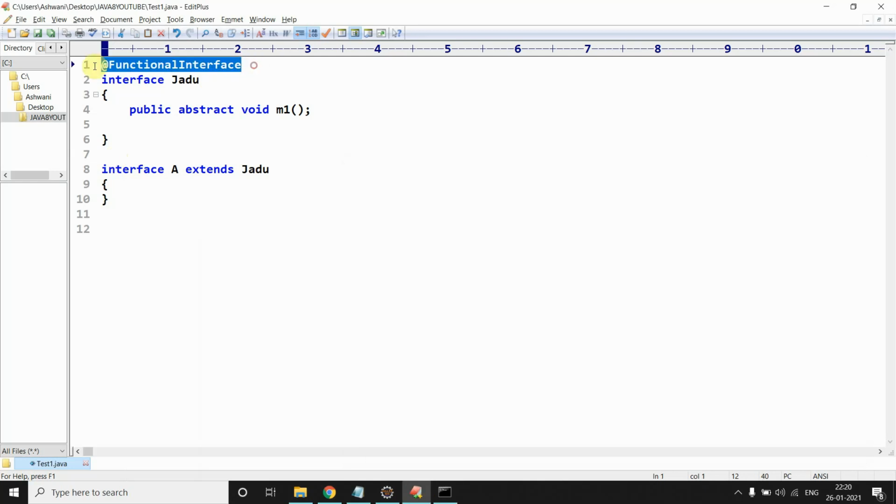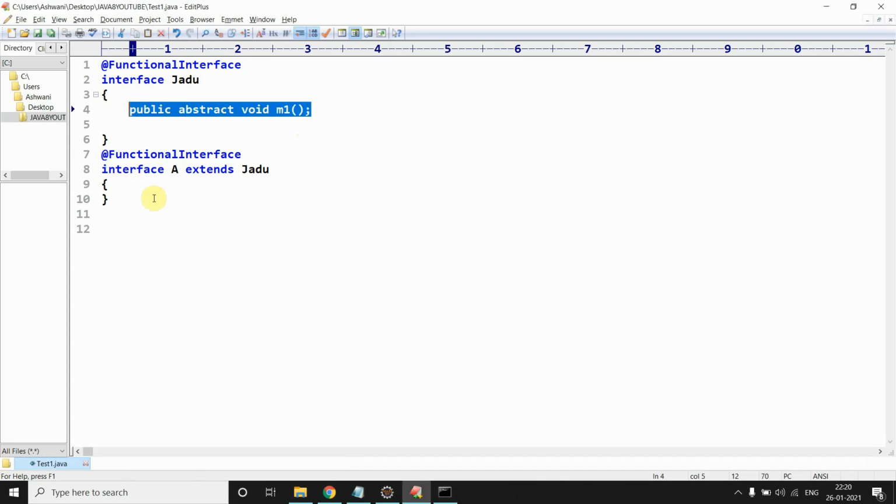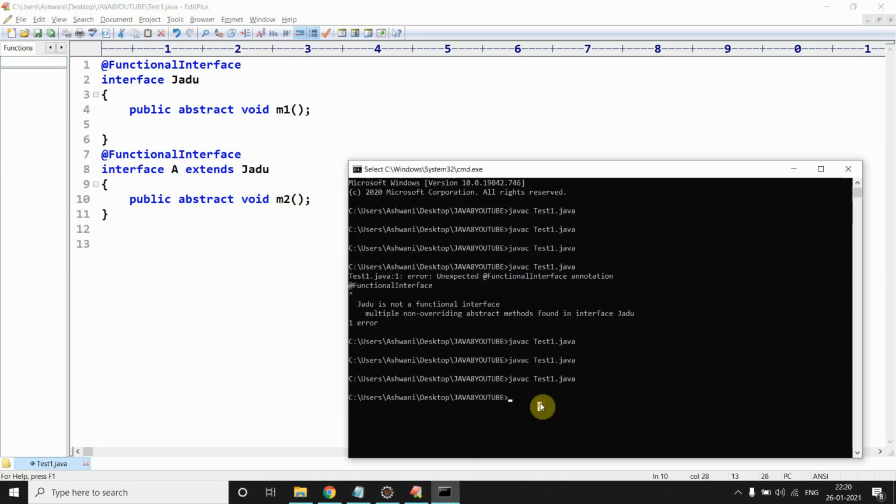And if I use the same annotation here, it compiles perfectly fine. Now if you want to create any method here, following the basic rules of inheritance, I think you are aware of all these rules. So let me compile.